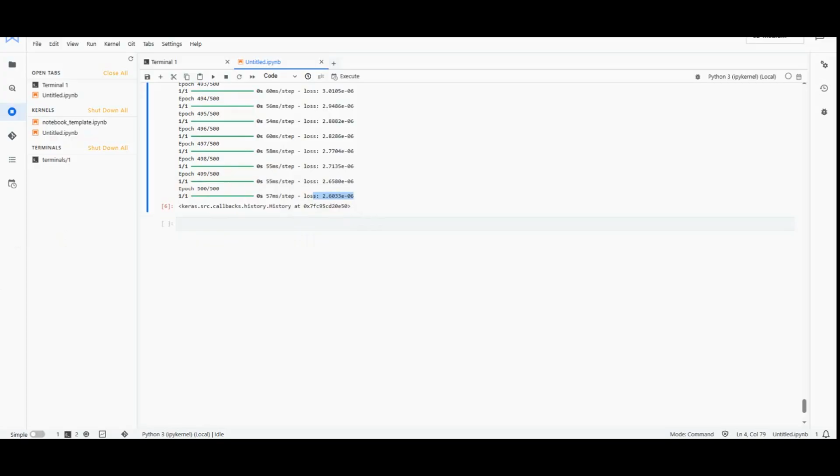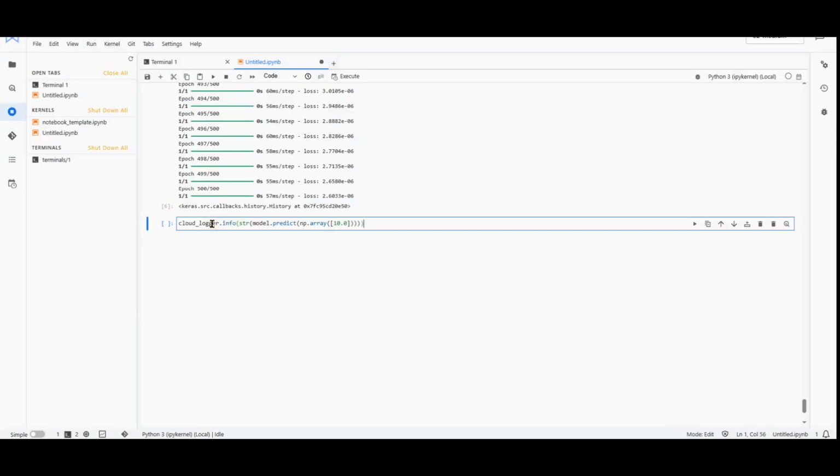Using the model, you now have a model that has been trained to learn the relationship between x and y. You can use model.predict to figure out the y for an x not previously seen by the model during training. For example, if x equals 10. Now I'm going to add this 10 here. Your prediction result is passed to Cloud Logger in order to produce the cloud log, which can be checked for progress.